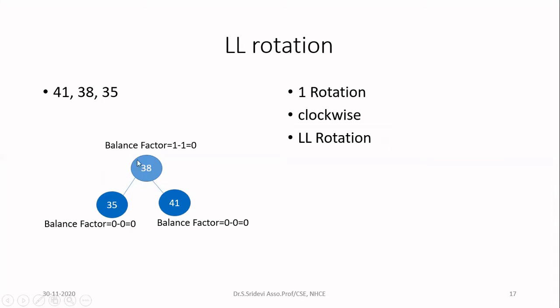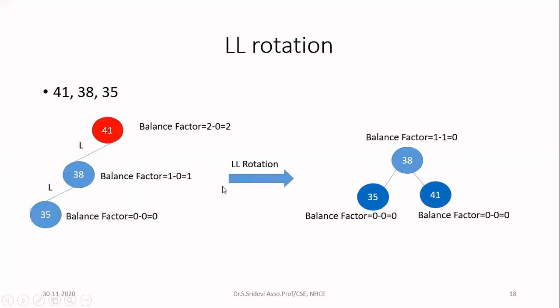Now you calculate the balance factor of the new tree. All the nodes have a balance factor of 0 here. So what we have done is, we started with an imbalanced tree and converted it into a balanced tree by means of LL rotation. For this, we have done one rotation in the clockwise direction. Now let me summarize the point. First, this was our tree. It had LL imbalance due to the addition of the new node 35. Since it has LL imbalance, we have done one rotation in the clockwise direction and we got a balanced tree. So far it is simple. We have done only one rotation.